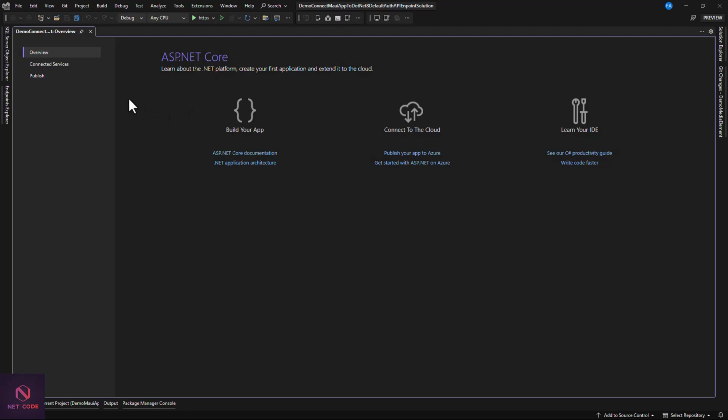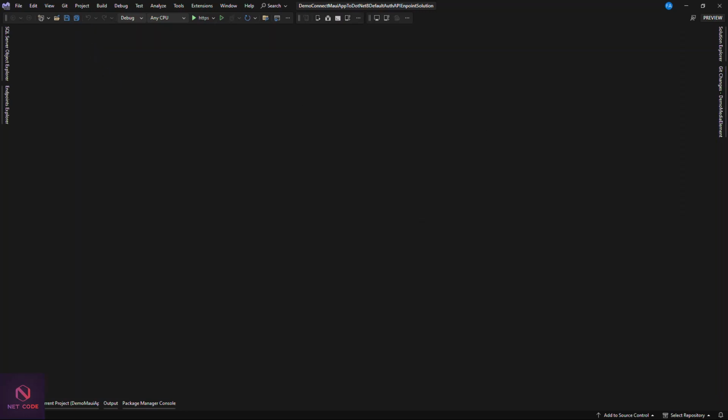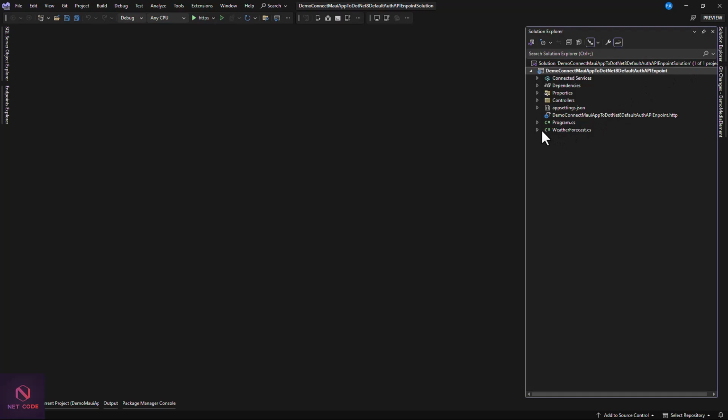So after the creation of this project, now we have our API. Now this is what we're going to do. We are going to install some packages that we're going to use to create a database in our context class. And talking about these packages, I believe you know them already. EF Core, EF Core SQL Server, EF Core Tools, and also we need a